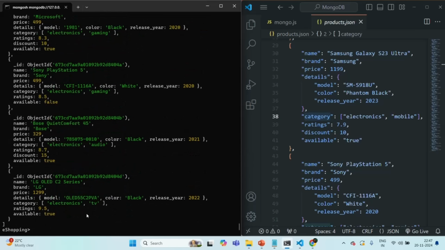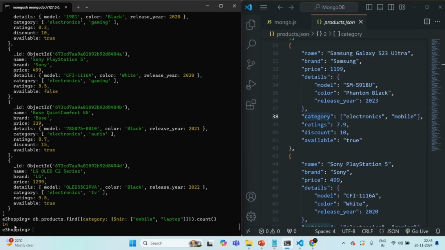And we can also check this by using the count function on the result. So if I say count, in case of $nin, we have 14 documents which do not contain mobile or laptop in the category array. And if I use $in and use the count function on that, in this case it should return us 4, because in total we have 18 documents. Out of those 18 documents, 14 documents do not contain mobile or laptop in the category array, and the rest of the documents should contain mobile or laptop in the category array. So if I press enter,